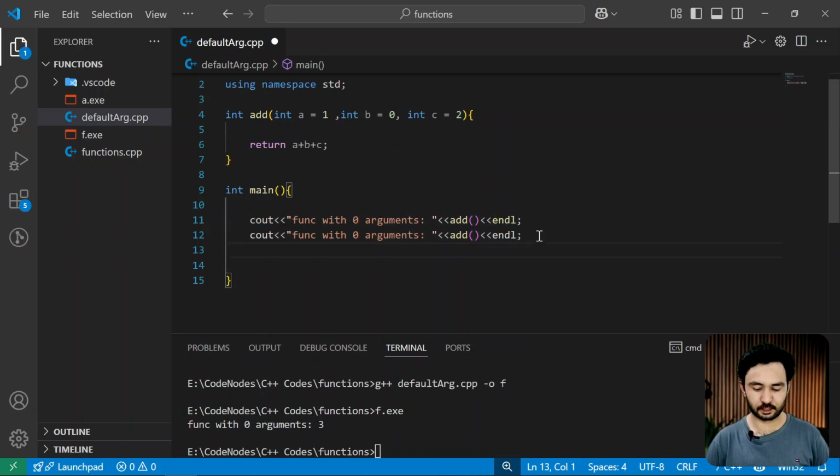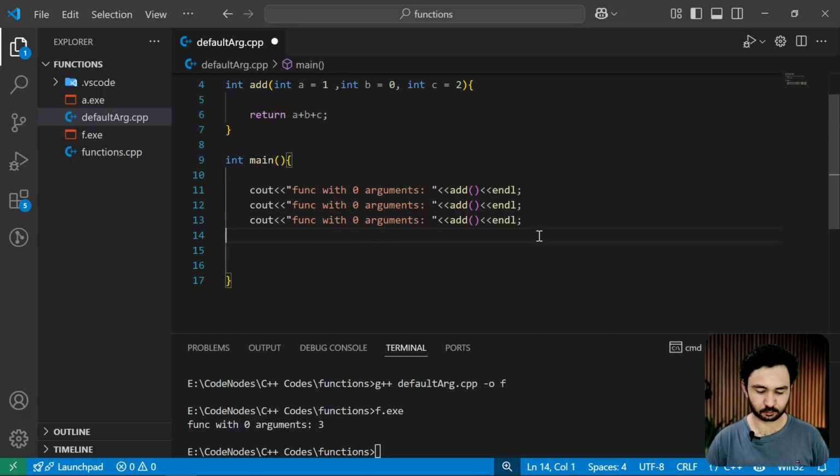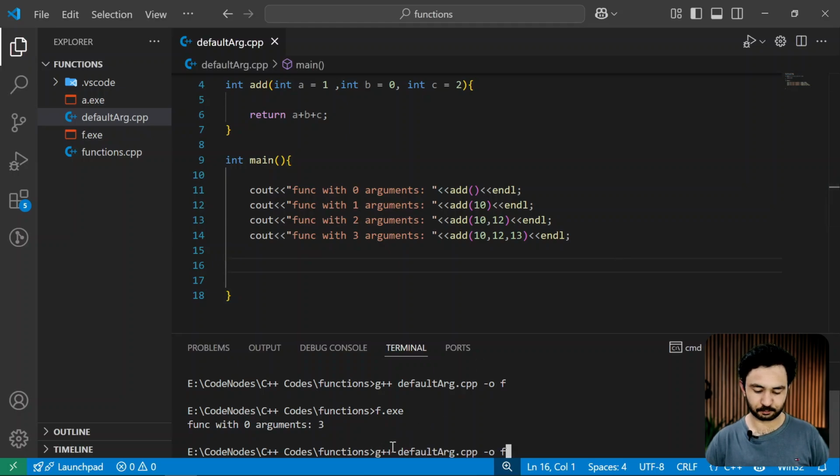Now we will test it four times by increasing the number of arguments. So this time we will give it a 1 value. For example, if I give only one argument, 10, and then for the third call, let's give 2 arguments, and this time 3 arguments, one for each parameter: 10, 12 and 13. So if I compile this time